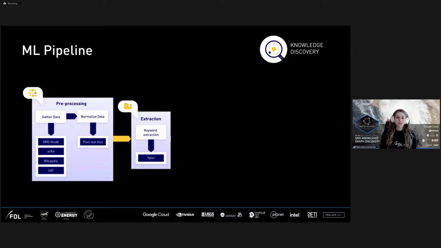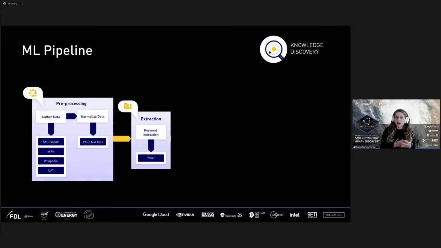Thank you, Megan. So to play with all this data around us, first, we have to pre-process the information from several searches, vocabularies, data sets, web pages, and papers from multiple domains. The pre-processing corresponds, for instance, to normalizing the several types of documents we collected. In our pipeline, we address data from arXiv, Wikipedia, Science Mission Directorate vocabulary, and UAT, Unified Astronomy Thesaurus, as Megan said. K-means is also applied to check overlapping across these multiple domains.